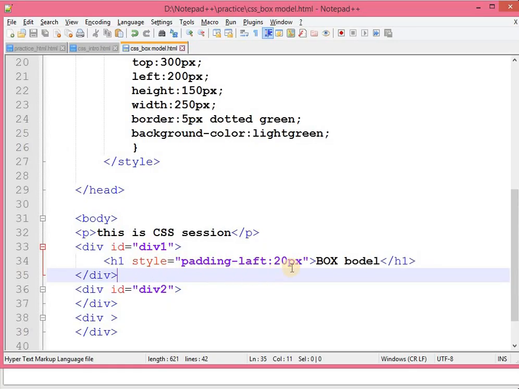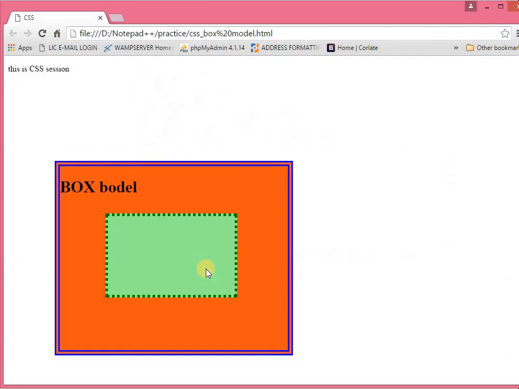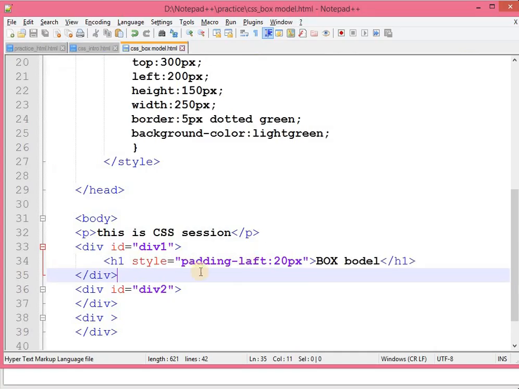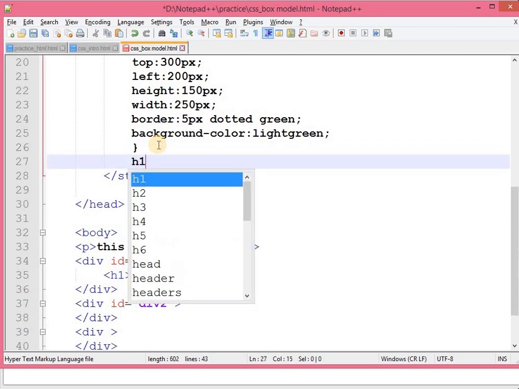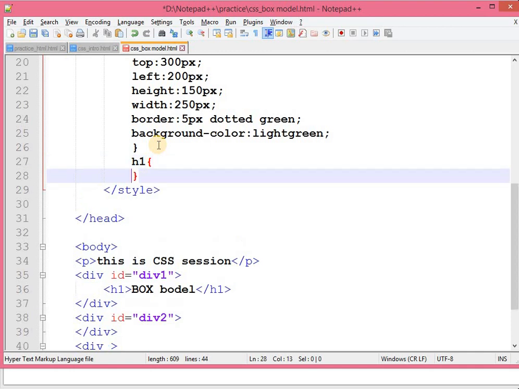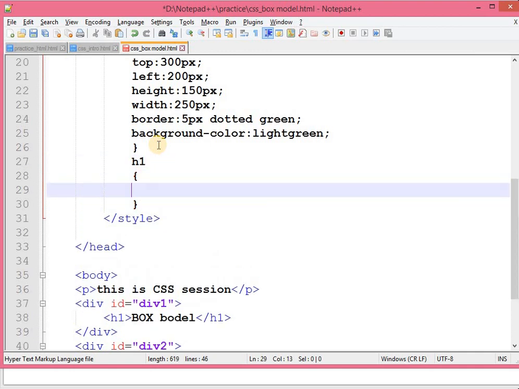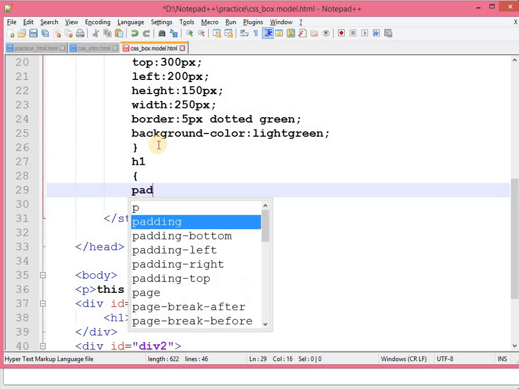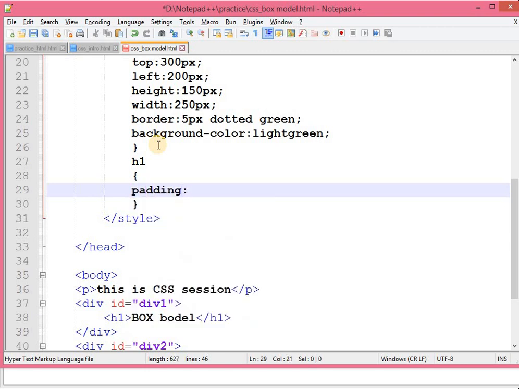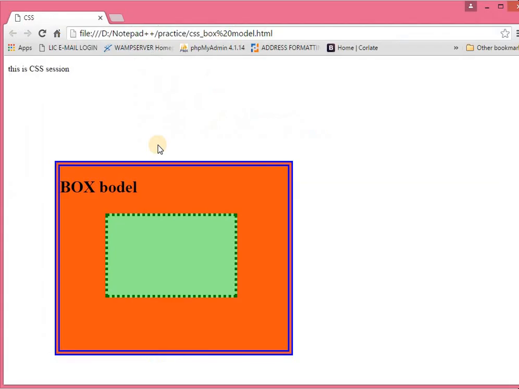Style padding left 20 pixel. F5. I think I have to set its property over here. H1, style, padding, I set 20 pixel. Okay, save this, refresh it.